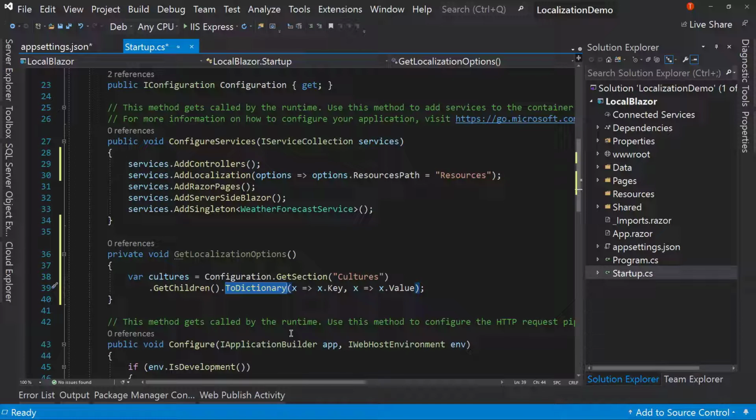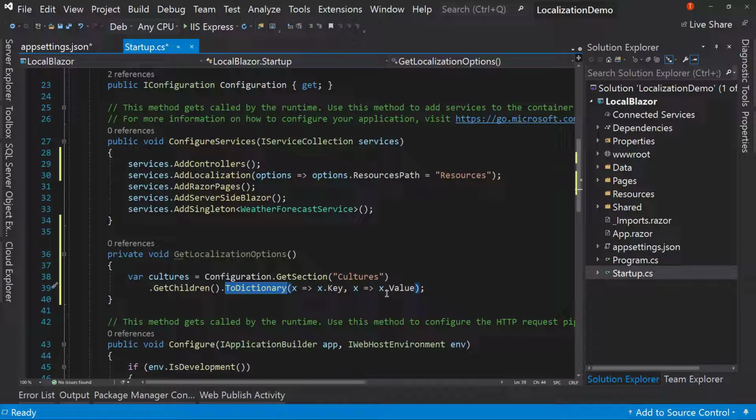And then when you found that key, they would give you a value. That's the definition. So that's what a dictionary is in C#. It's a key with a value. Every key is unique. You can't have the same key more than once. Now you can have the same value more than once, that's fine,